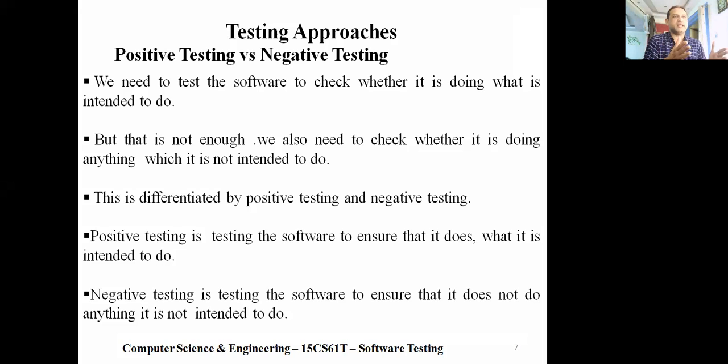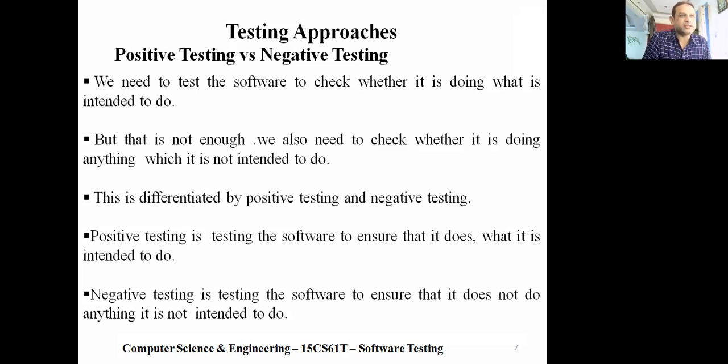So we need to check that: whether it is doing what is required or what is not required. This we call positive and negative testing. We need to test both things.